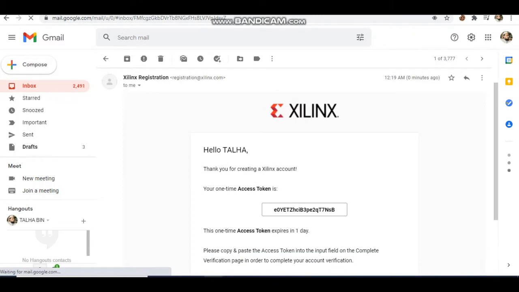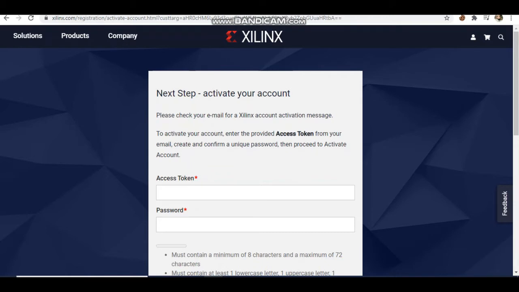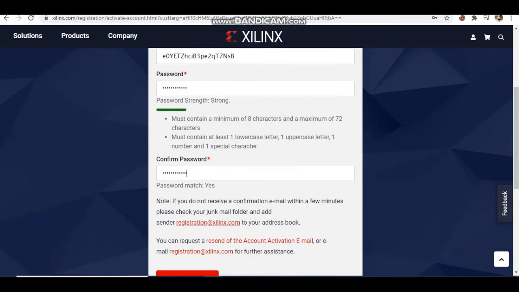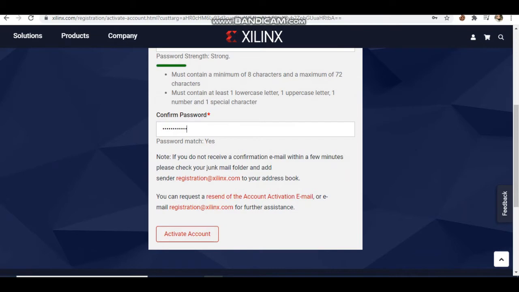I need to copy this access token from Xilinx and paste it here. I also need to create a password for my account, and confirm the password, and now my account has been activated.